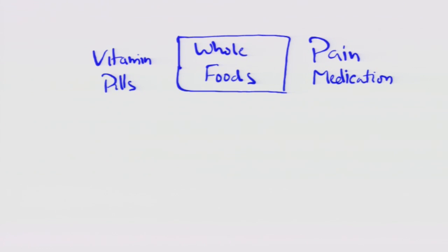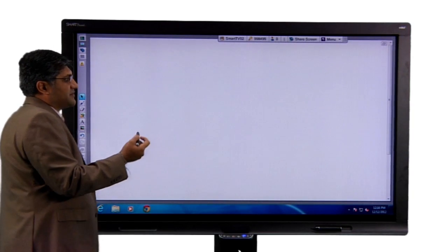And which one do you think gets most attention? This one, right? If you're selling pain medication and people are in pain, they buy it all day long. If you're selling vitamin pills, you have a 1 out of 100 chance of actually selling that product. Right? Most people don't want to take their vitamin pills. So one way to do this is, for instance,